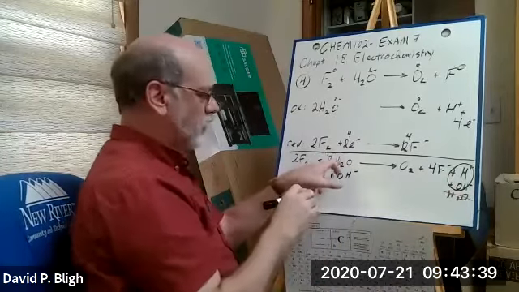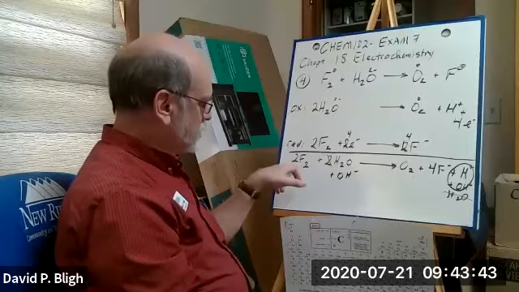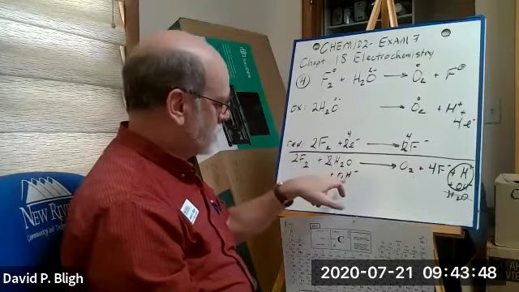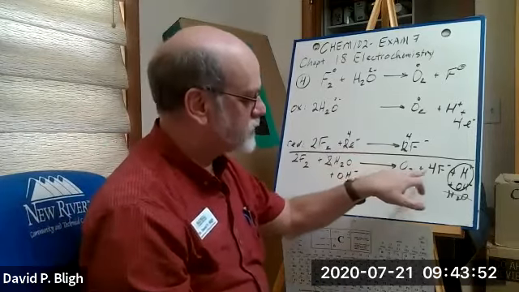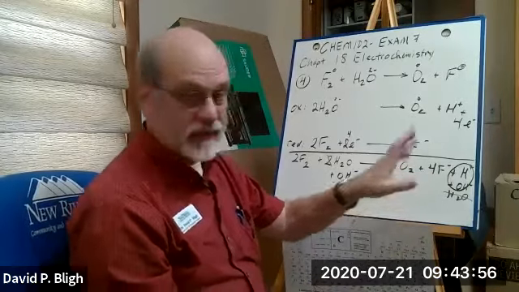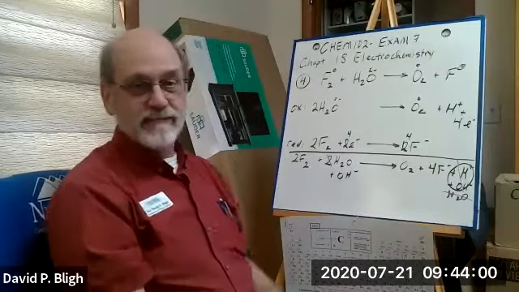So we've only got 1 water on that side, plus a hydroxyl, 2 fluorines, 1 water, 1 hydroxyl, yields 1 oxygen, 4 fluorides, and that's it. And that's balanced in